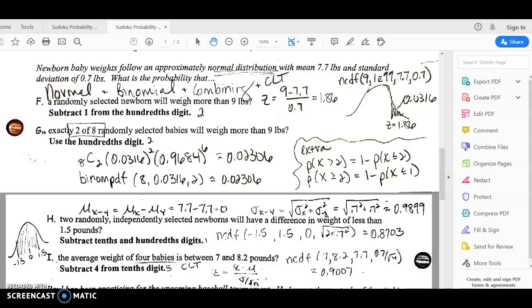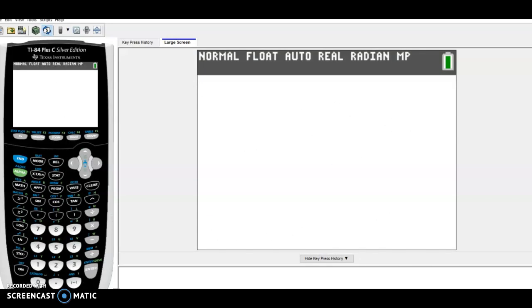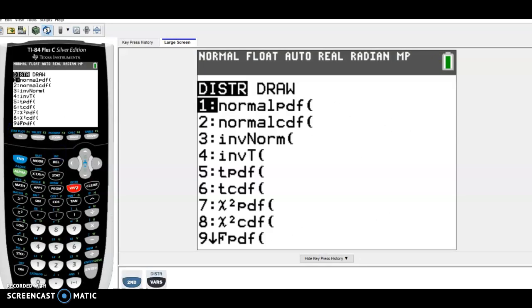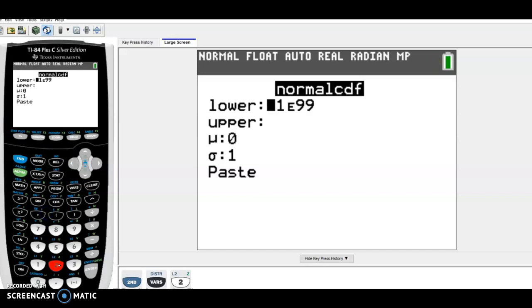So for F, we are looking at one randomly selected newborn weighing more than 9 pounds. You can find the z-score and get a z-score of 1.86, and then you could look the z-score up in table A and take 1 minus that answer to get the 0.0316, or you could use normal CDF in the calculator. So when you go to second distribution, this is where we find all these values. So my normal CDF asks me for lower, upper, mean, and standard deviation. I can enter these with z-scores if I want to, or I can enter the values from my problem, which